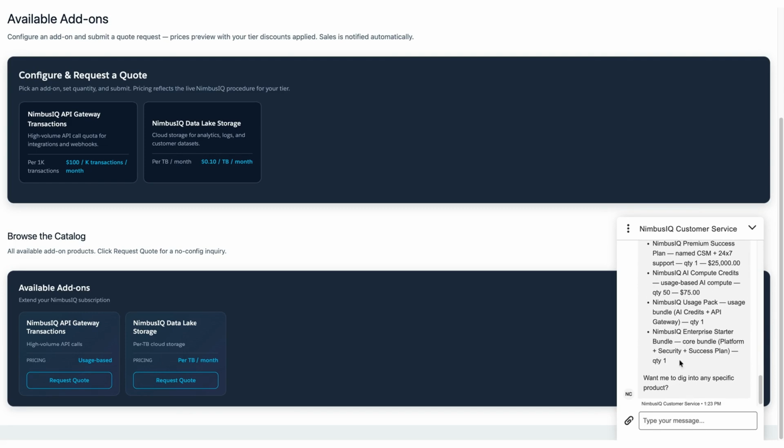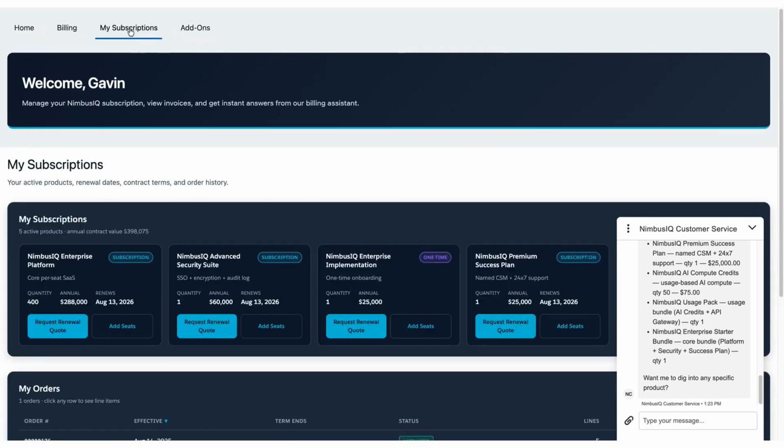And again, we can just keep digging, asking questions. There's a plethora of different prompts and billing information that's available right from the agent. So a lot of cool capabilities here on the actual end customer side too, to help